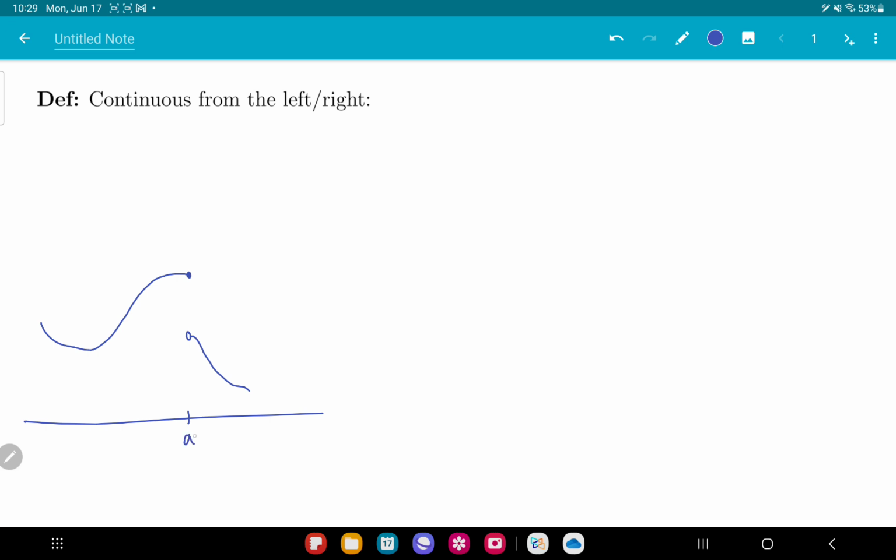So this is a, and we'll say this is continuous from the left. That's what's happening over here. And then continuous from the right would be the other way around,